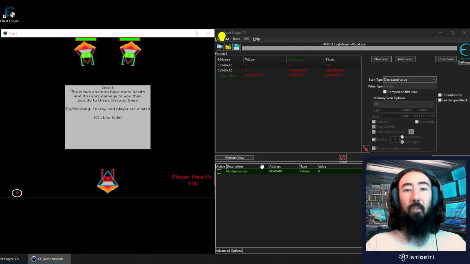There are multiple ways of solving it. The last time I looked at this, I actually went and changed one of the instructions from jump if less than to jump if greater than, and then it just meant that each time you shot it, it killed the enemy first time. So step 2 says, these two enemies have more health and do more damage than you do